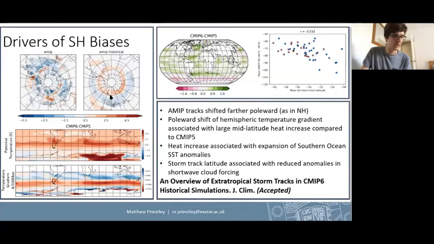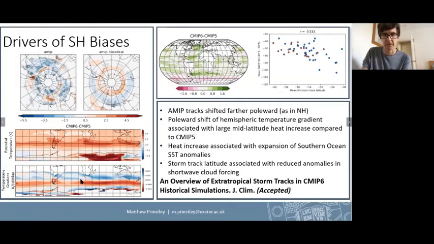And we've tried to look at a bit why we've seen quite such a large poleward shift from CMIP5 to CMIP6. These bottom two panels here show the potential temperature at 850 hectopascals here in this first panel, and we see a large increase in the potential temperature around about 40 degrees south in the Southern Hemisphere, and associated with this is a poleward shift of the potential temperature gradient between 40 and 60 degrees south relative to the CMIP5 models. So the whole temperature gradient structure is shifting polewards, and the cyclones that are then forming along the temperature gradients